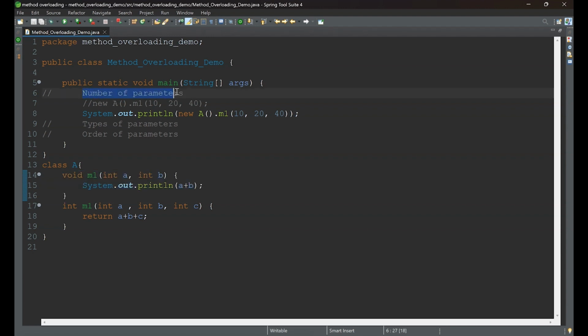Now let us talk about the types of parameter. Okay. For that, let's write a separate class. So let us say there is a class B. Let's say we have method M2 here, and let's write the return type void for method M2. In method M2, we have two parameters, int A and int B. And the purpose of this method is to print